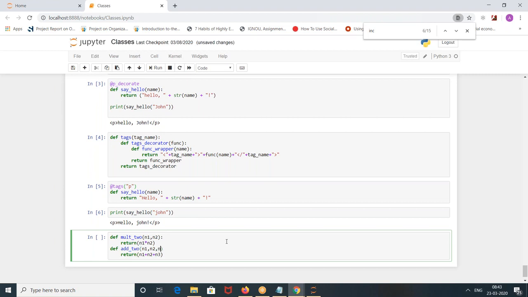Let's give one more example and see. I don't know whether it will work if we had multiple variables, but it should work anyway.